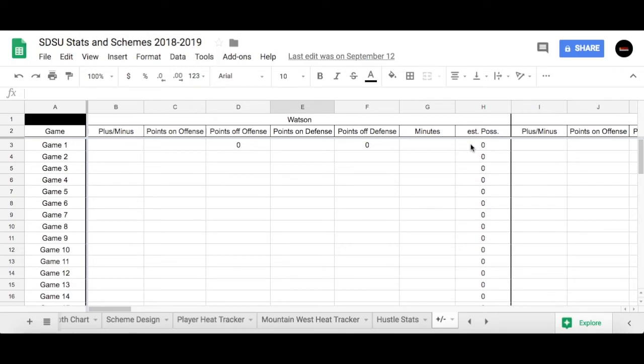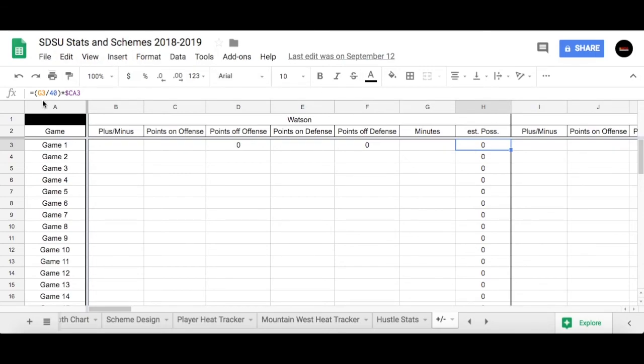And they work pretty well overall. They're a little bit too complicated for me, and I just wanted an estimate of how many possessions this player was on the floor for. So not how many possessions this player uses, but how many possessions this player is on the floor for. And so how I'm doing it is I'm taking the possessions for the team as a whole and then dividing that by the amount of time the player was on the floor for,